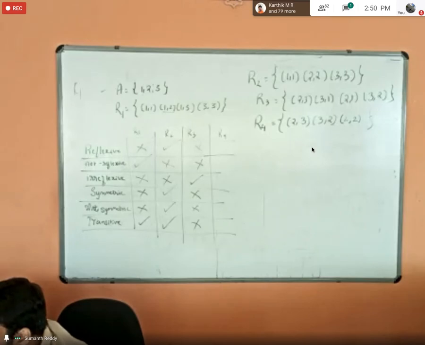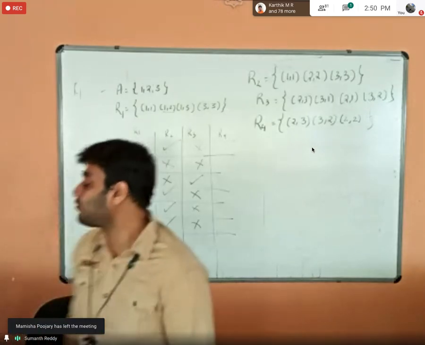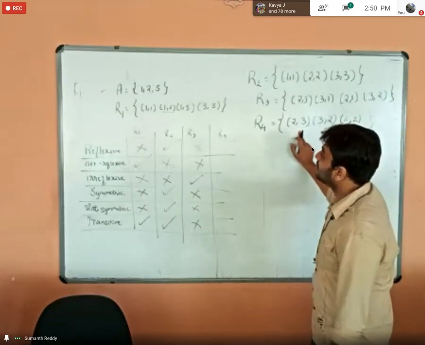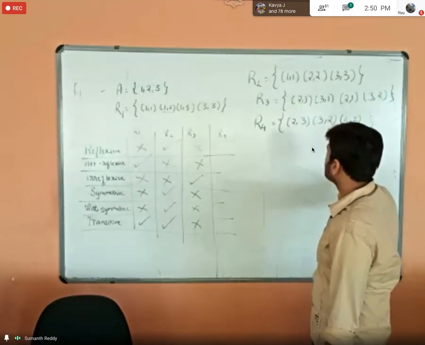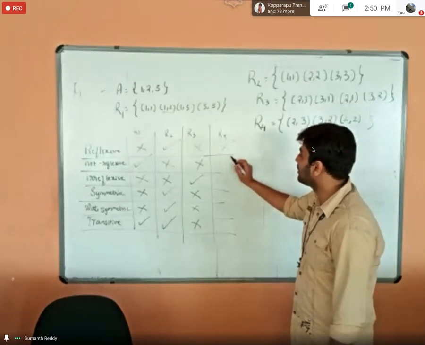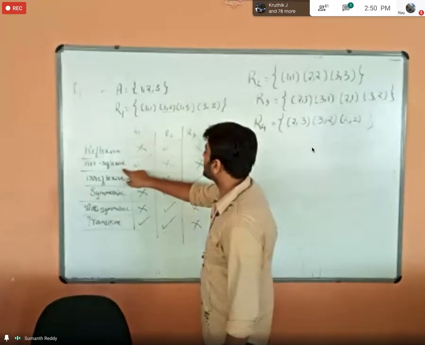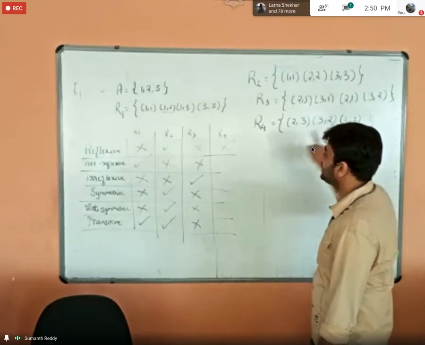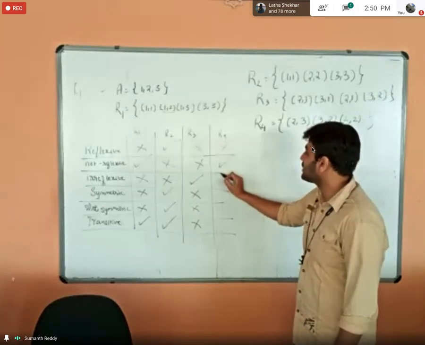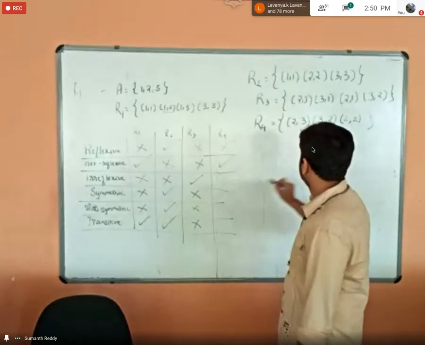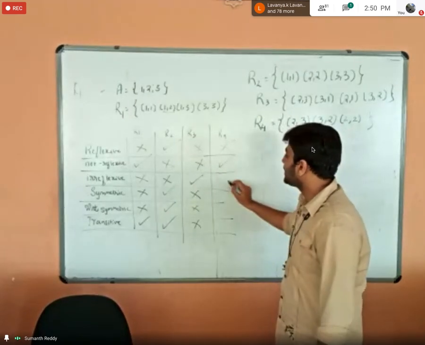Fine. Okay. Then coming to the relation R4, again same thing. It is not reflexive because I have (2, 2), but I don't have (1, 1) and (3, 3). I cannot tell it is reflexive. But coming to not reflexive, I have (2, 2). Okay, at least one ordered pair is there, so I can call it not reflexive. Coming to the irreflexive one, since I have (2, 2), it can't be irreflexive.